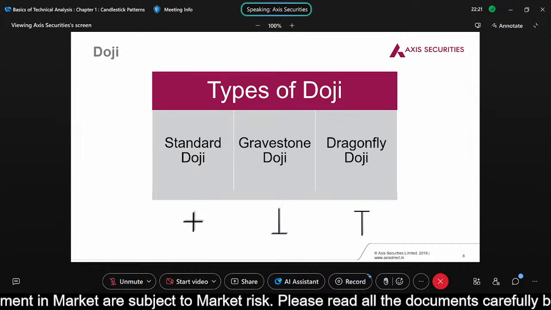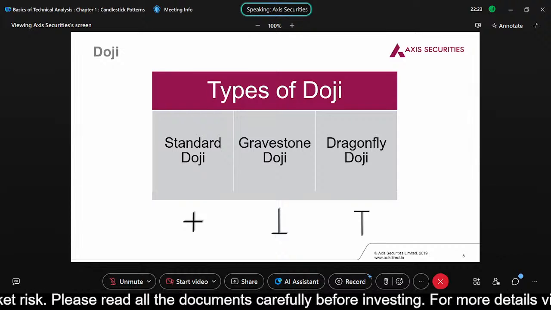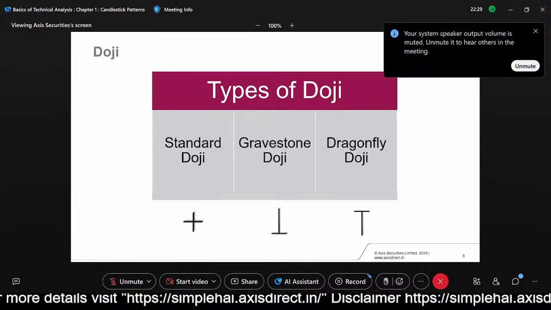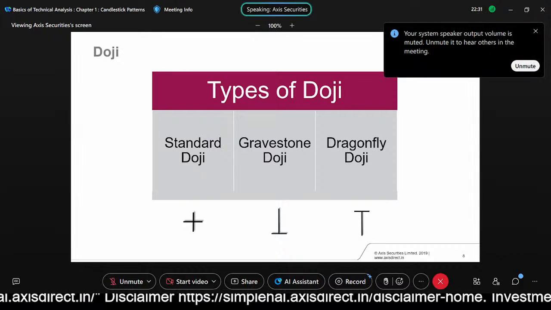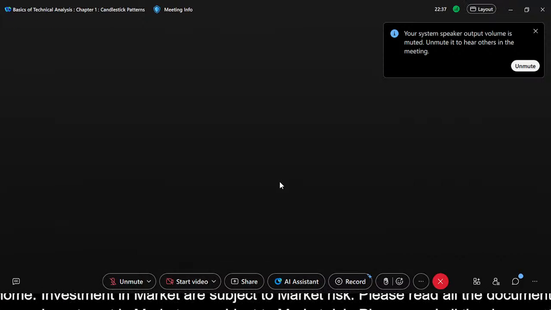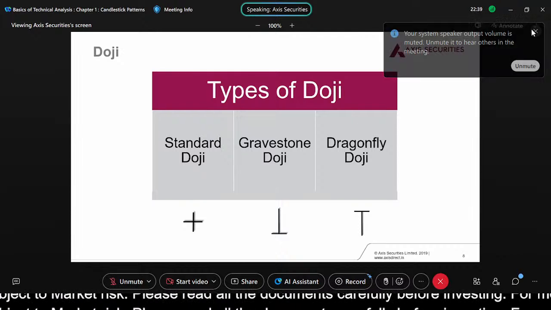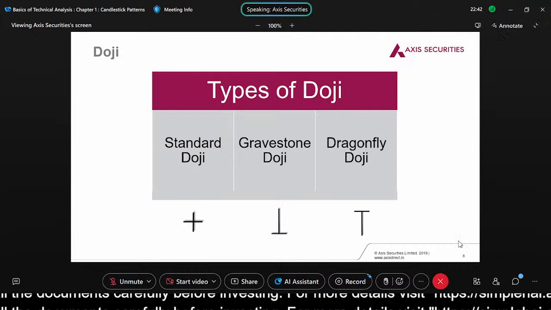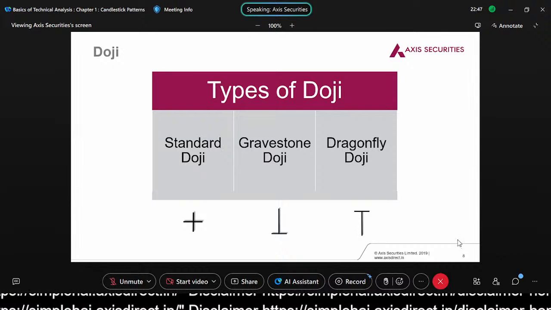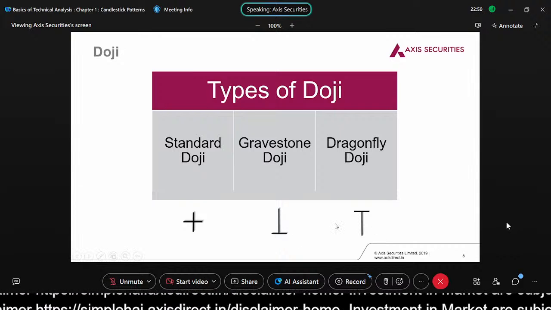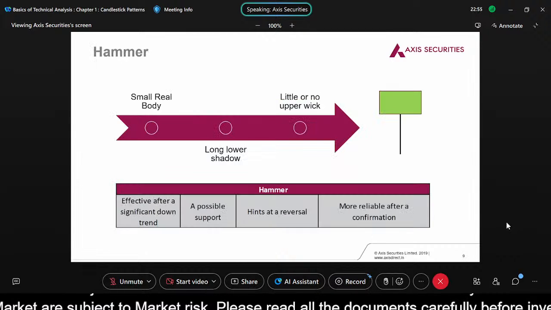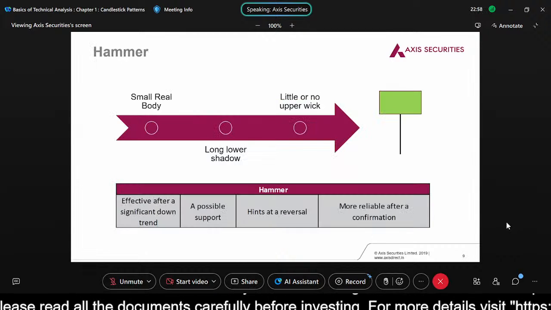नाउ यहाँ पे एक और चीज आपको ध्यान रखनी है, दैट इज आप देख सकते हो कि ओपन एंड क्लोज अगेन इज द सेम प्राइस। Now that is always one thing that you have to keep in mind when it is a doji। आपका डोजी जब भी बनता है तकरीबन रियल बॉडी ना बराबर होनी चाहिए। आइडियल सिचुएशन में आपकी रियल बॉडी बनेगी ही नहीं, बट अगर आपकी बन भी रही है तो इट शुड बी अ वेरी वेरी स्मॉल बॉडी व्हेन कंपेयर्ड टू द विक साइज। जब मैं यहाँ पे विक बोलता हूँ, इट इज द अपर विक और द लोअर विक। सो दीज आर अ फ्यू थिंग्स दैट यू नीड टू कीप इन माइंड व्हेन यू आर लुकिंग एट अ डोजी।